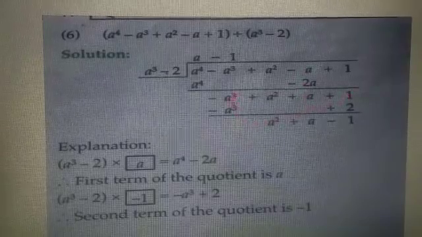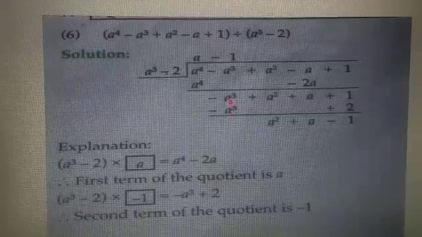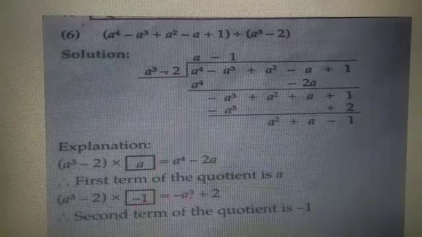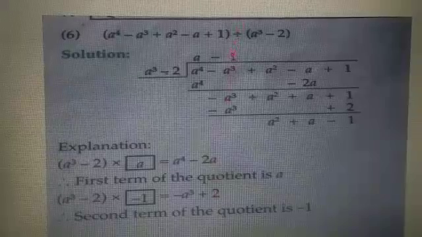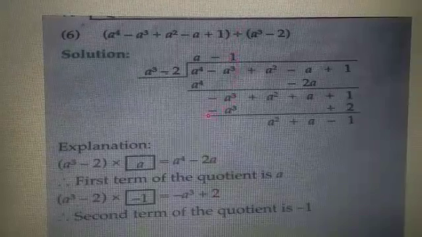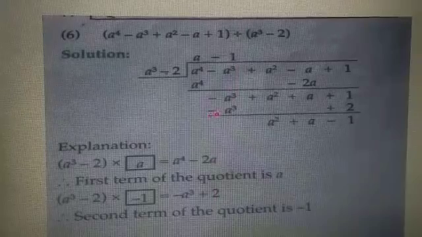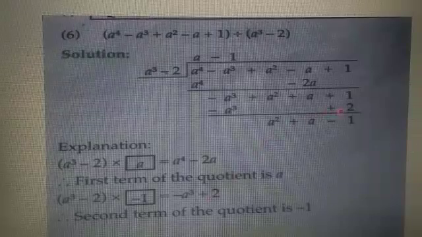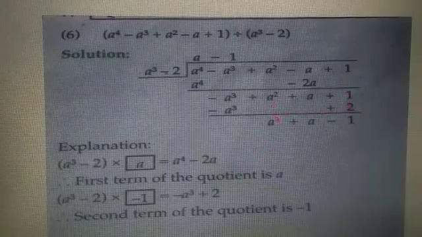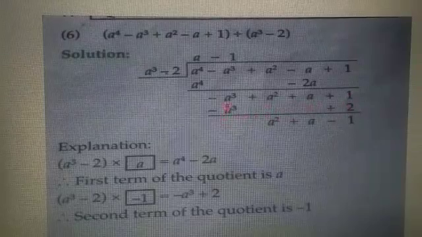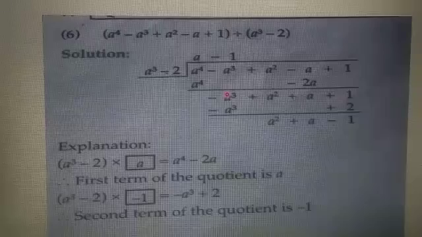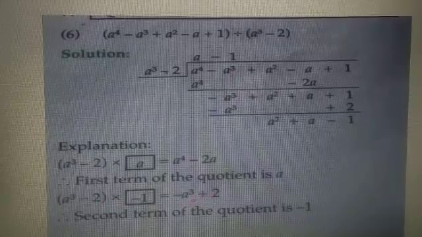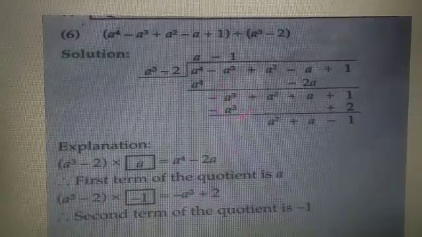Now the first term is minus a cube, so we want a cube. So a cube minus 2 is multiplied with minus 1 to get minus a cube plus 2. So here in the quotient we will write minus 1. Now when we multiply by minus 1 we get minus a cube plus 2. So plus 2 where will you write? Below 1, and the rest of the digits will be as they are. Now a cube minus 2 is multiplied with minus 1. So what do we get? Minus a cube plus 2. So here minus a cube plus 2.